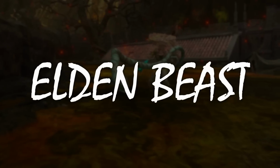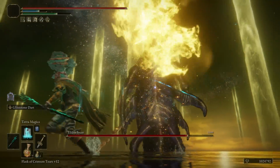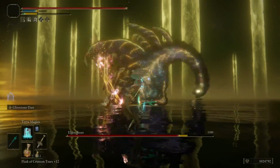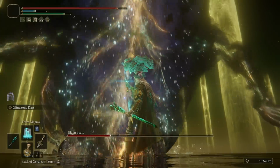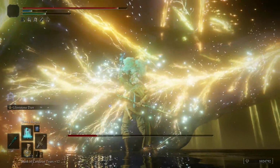Now I would say that the Elden Beast is probably the main weakness of the build, because he's immune to poison, but really you can still dish out very good damage without the poison aspect of the build. I didn't even bother swapping out the Mushroom Crown and Kindred Rod of Exaltation, as I just kept it from the Radagon fight. But if you desperately need more damage to enemies that are immune to poison, just put the